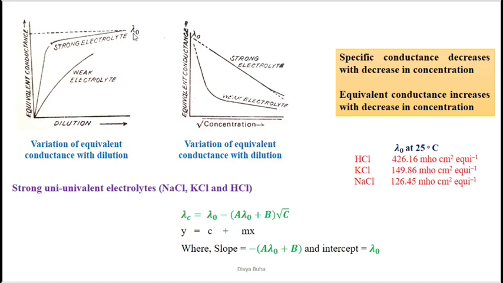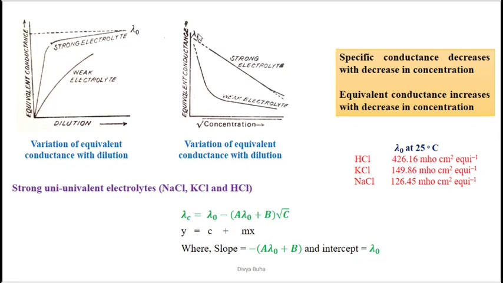So lambda 0 is a limiting value and it is considered to be the equivalent conductance at zero concentration or at infinite dilution. If you see this figure, then over here this would be the infinite dilution, so this would be the lambda 0. So you have to find out in this practical this equivalent conductance at infinite dilution, and this graph would be better to draw. You can easily find out the lambda 0 from the intercept, right? Whenever you perform this practical, you have to draw a graph of equivalent conductance versus the concentration, and from the intercept you can get the lambda 0.